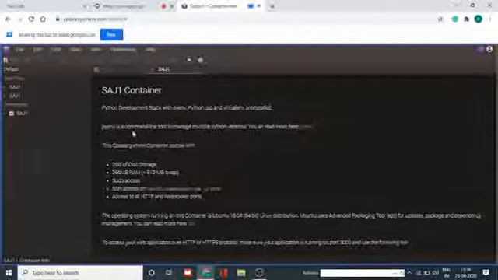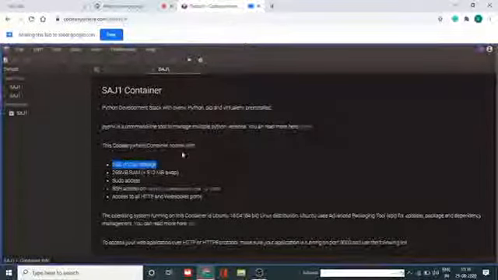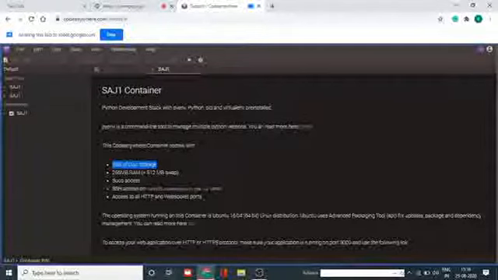You will get a command line tool to manage multiple Python versions. You can read more here, so just go through this. This Codeanywhere container comes with 2 GB disk storage, 256 MB of RAM, sudo access, SSH access, and access to all HTTP and WebSocket ports.